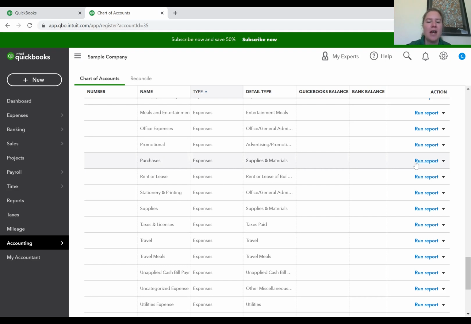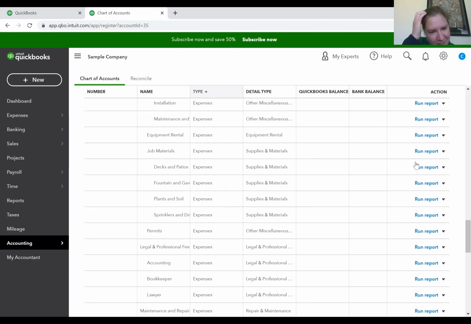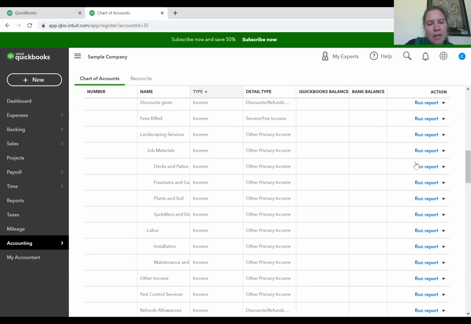If you've never used a chart of account, it will let you delete it. But if you've ever recorded transactions in it, most accounting software is set up so that it does not allow you to delete a chart of accounts. And that is for your protection. However, it is kind of annoying. Oh boy, is it kind of annoying,